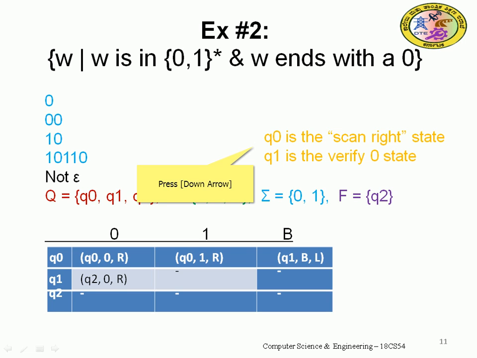retained, and the read-write head moves towards the right side. When the input is 1, the same situation: 1 will be written and the head keeps moving right. When blank, the state will change, the blank will be retained and the head turns towards the left side. The direction is reversed. Q1 changes to Q2, and 0 will be retained, moving towards the right side. For 1 and blank in Q1 there is no response. In Q2, for any input 0, 1, B, no response. So that ends.